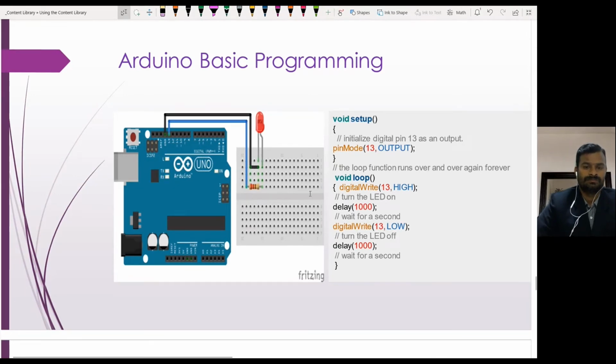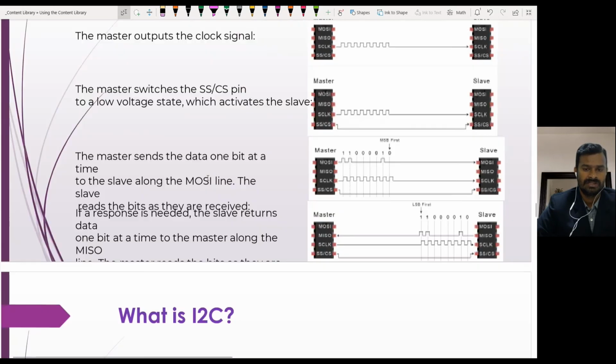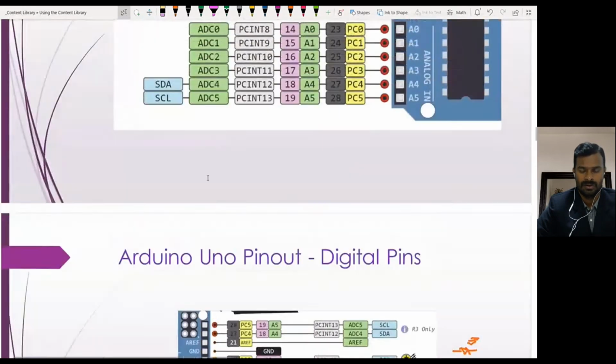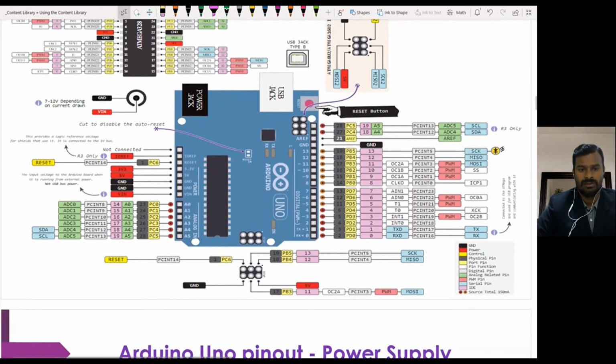Those are the physical hardware details about the Arduino Uno board. This information can change a little with respect to different boards.